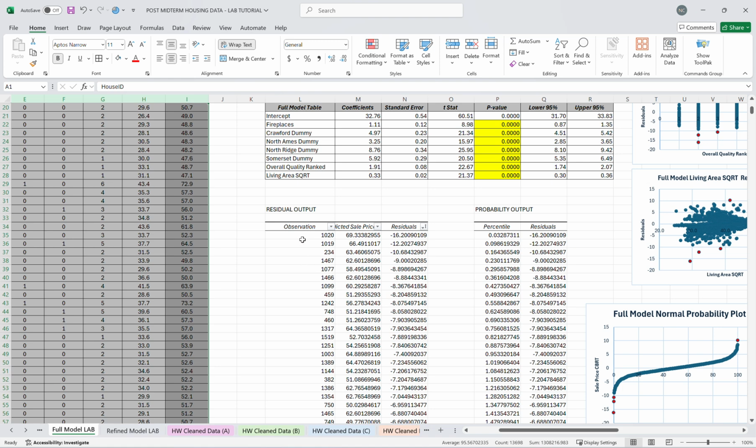But what I want you to notice is that those 3 observations on the bottom side that were flagged, those observations that had a residual of less than negative 10, are identified here. It's 234, it's 1019, it's 1020, also the same observations. So if you wanted to, you could just color code them in red so you know, maybe jot those observation numbers down, because we're going to have to remove them from our refined model